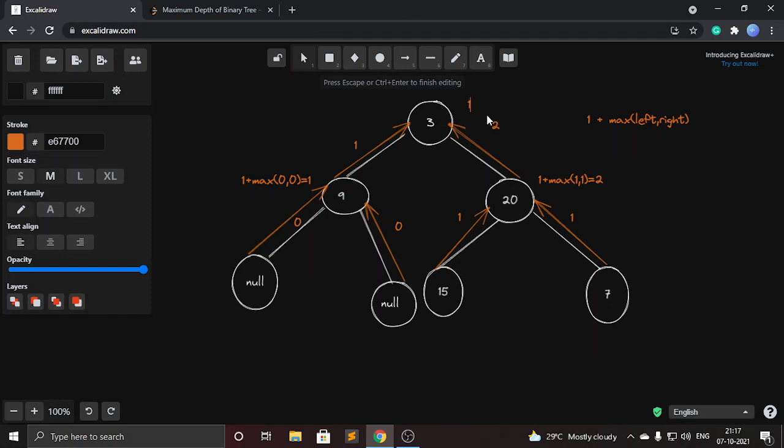So 1 plus maximum of 1 and 2, so maximum of 1 and 2 is 2, plus 1, so 1 plus 2 is 3, which is our required answer. I hope you guys have understood this problem clearly. Now let's code it up.